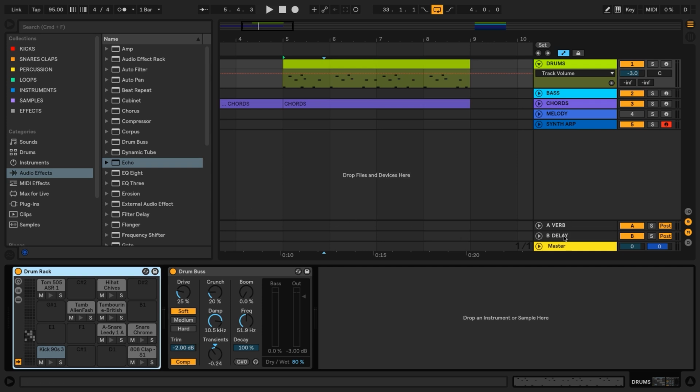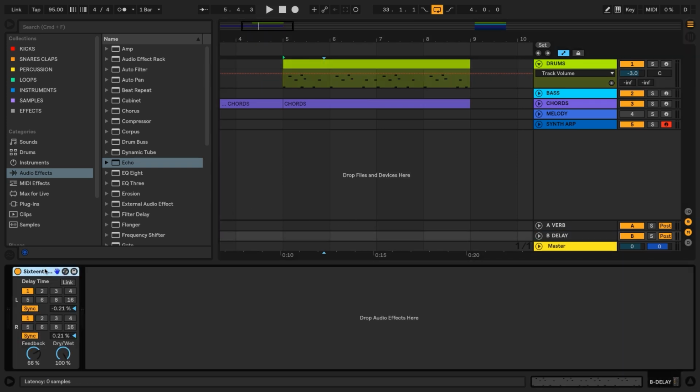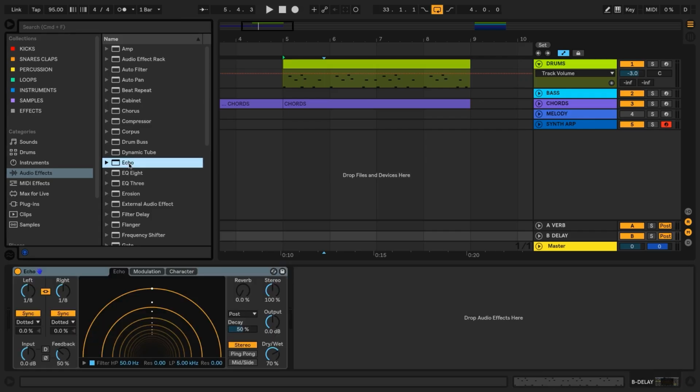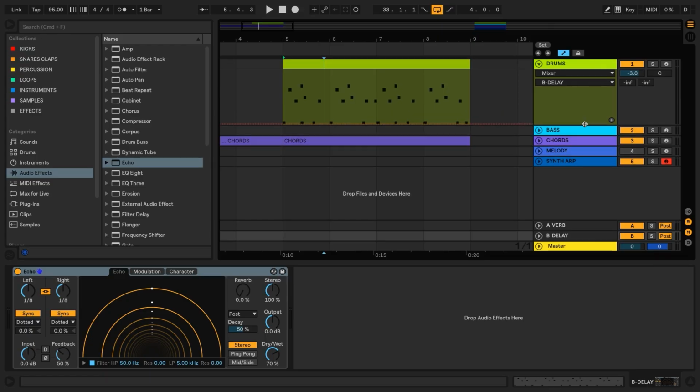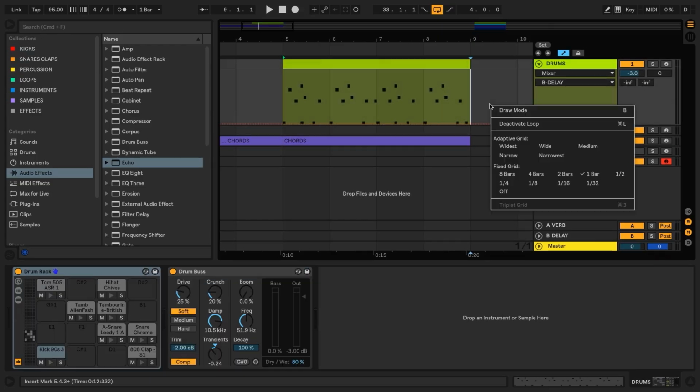So first, let's go to our delay return track. We're going to remove the existing delay, and we're going to put echo on here. And before we change the settings on echo, let's create the automation from the track. So let's click on the B send and go ahead and make the track a little bit bigger. And I'm going to select the narrow grid